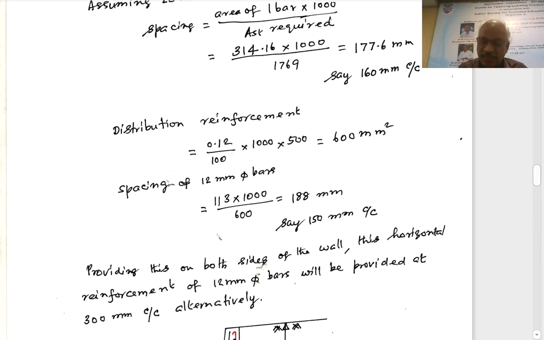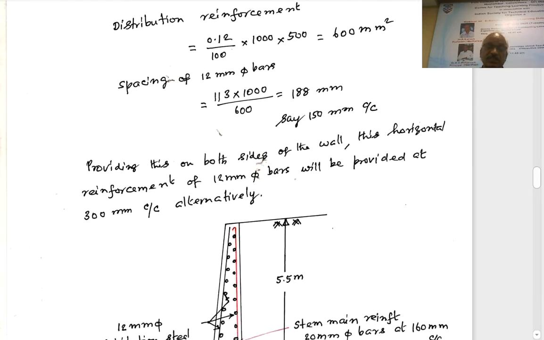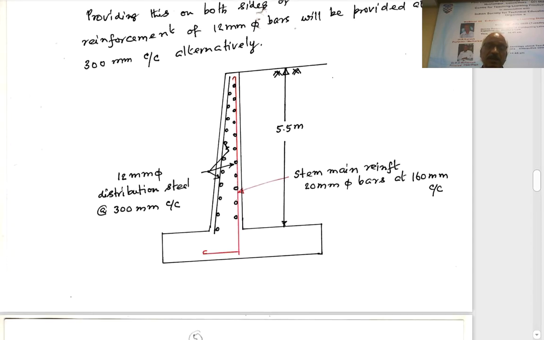Right. So similarly, on the backfill side, we have the main reinforcement. So this is the reinforcement details. What is shown in red ink is the main reinforcement in the vertical direction on the backfill side. All the black dots are the distribution reinforcement. So on the right-hand side 0, left-hand side 150, right-hand side 300, left-hand side 450. So on each side it will be available at 300 mm center to center, but practically in the cross section we will have the bars at 150 mm centers as per our design.